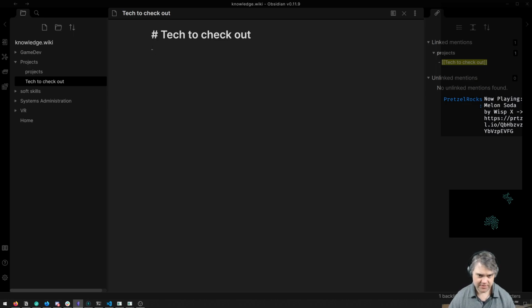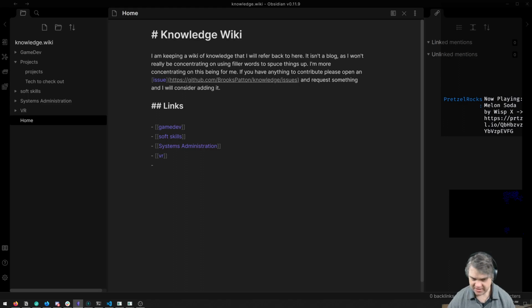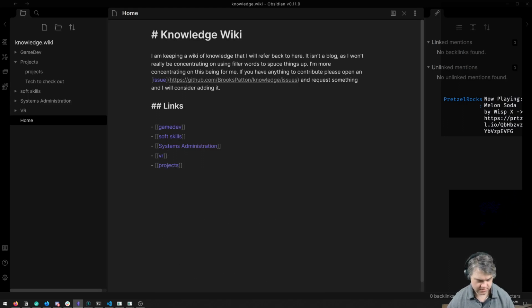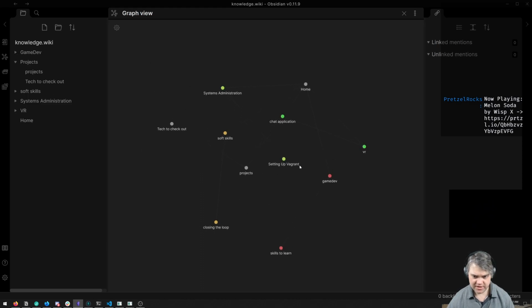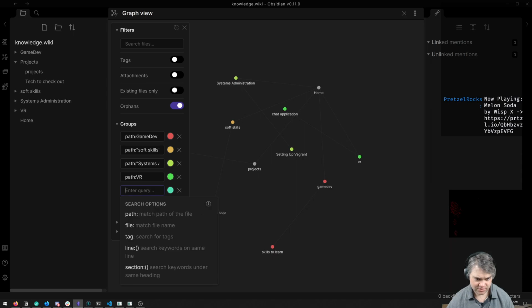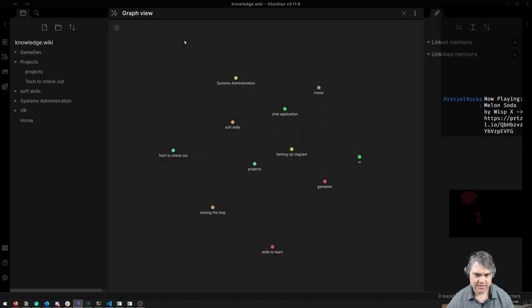We'll have NeoVim. There we go. And then the idea here is that in home, I'll just add in a link to it. And then over here, it just gets added in, and I can color that by adding in a new path for projects. And there we go.